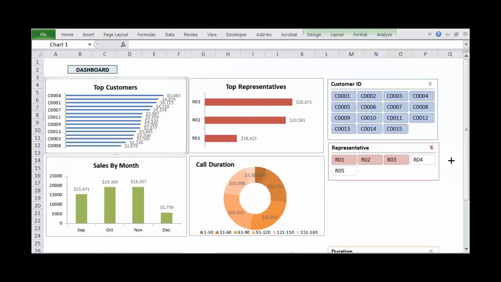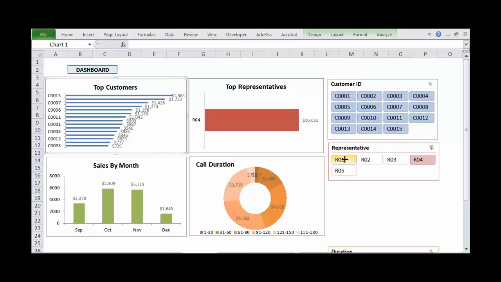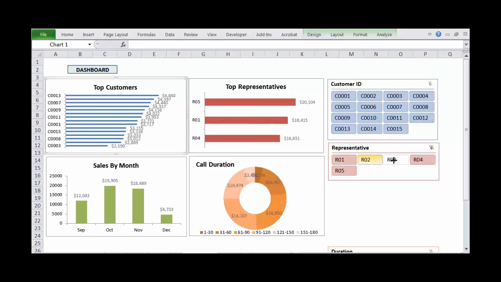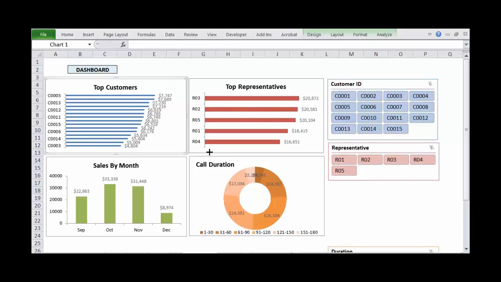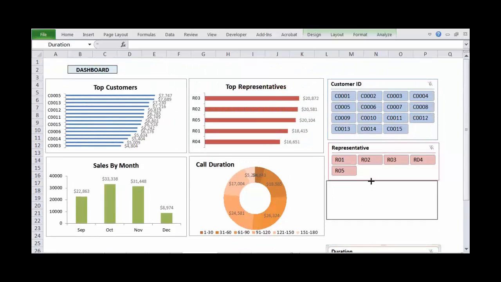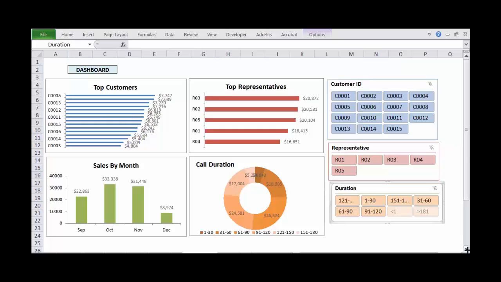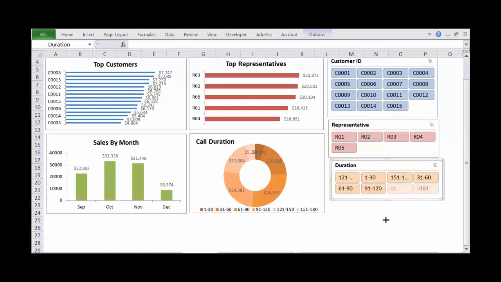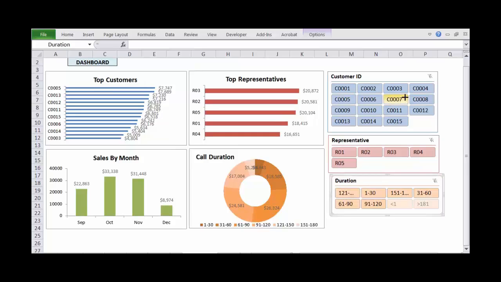Please note that this is already filtered. So what I can do is I can select all the data. So these are your top representatives. So representative 3 is the best one. Now what we have is, these are your slicers. What I have done is I have put these as the slicers. So you can use these slicers to change all of this. That is the best part.